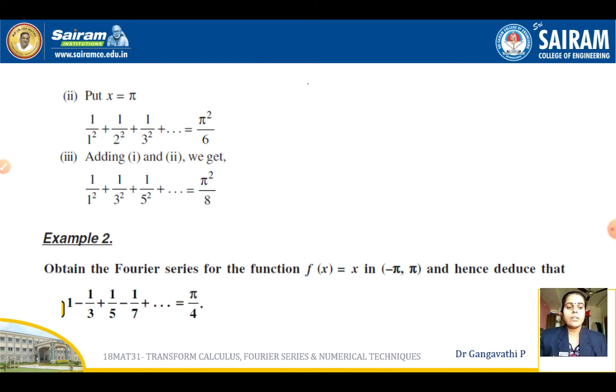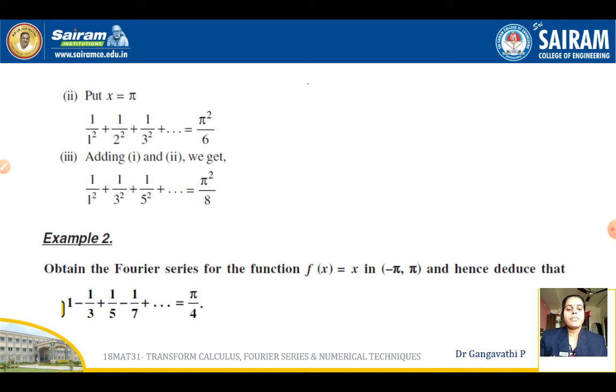Now let's look at the second case. The second answer we obtained by substituting a value for x as pi. So when we substitute x is equal to pi and expand the summation for different values of n, you get your next answer. And add results of sub question 1 and sub question 2, you get the third sub question. So usually in the examination, sometimes they may ask all the 3 and sometimes they may ask only 1, and based on the marks you can answer. So this is how you need to obtain the Fourier series expansion. Hope you have understood. Now let us see another example.